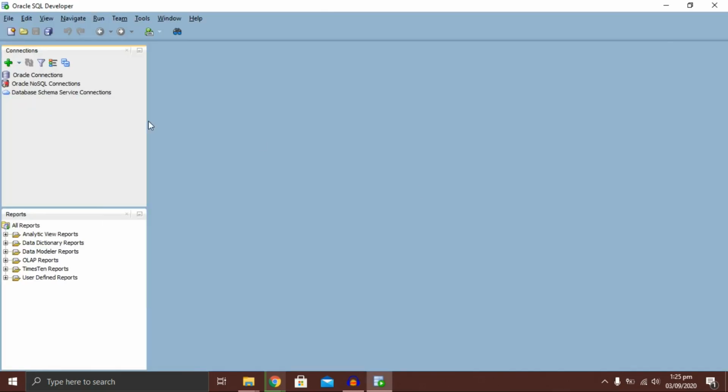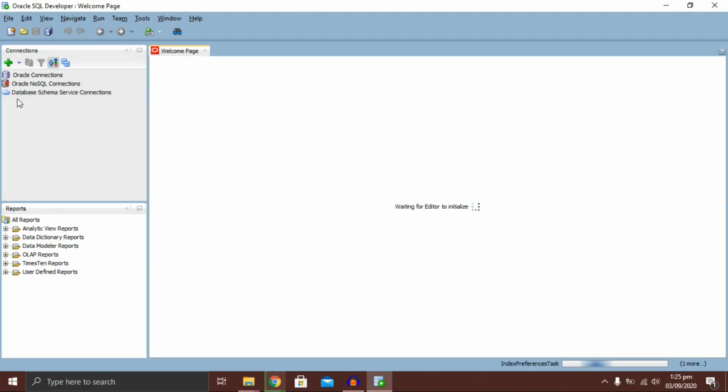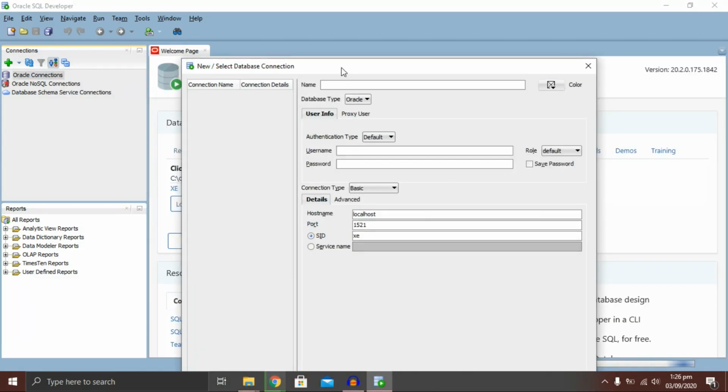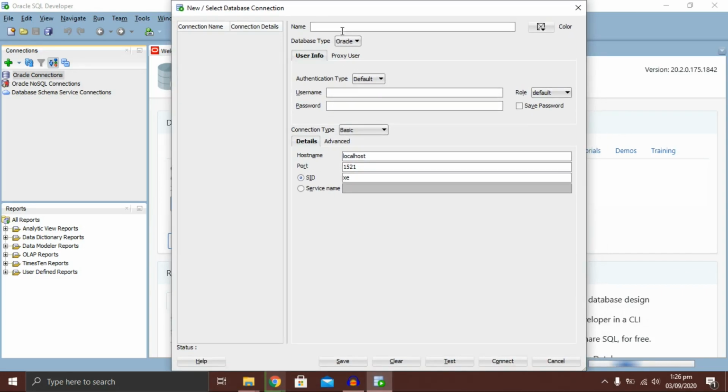Here we are going to follow the same instructions: going to Oracle connections, new connection, then we have the same window, writing Teach Kolachi, system, and the password remains the same.